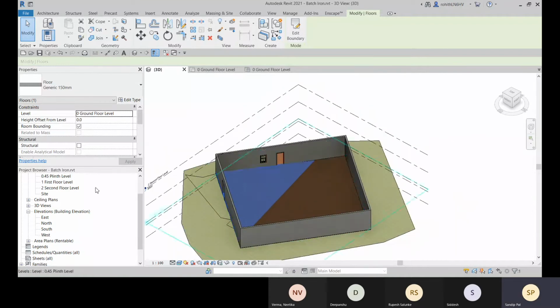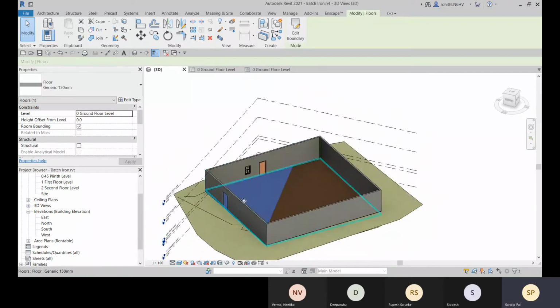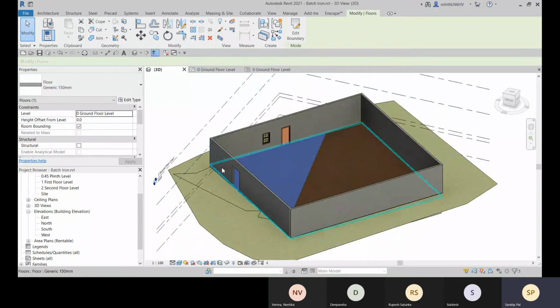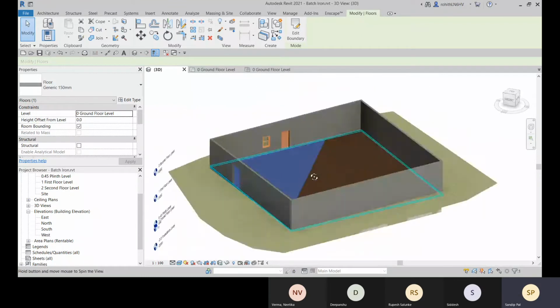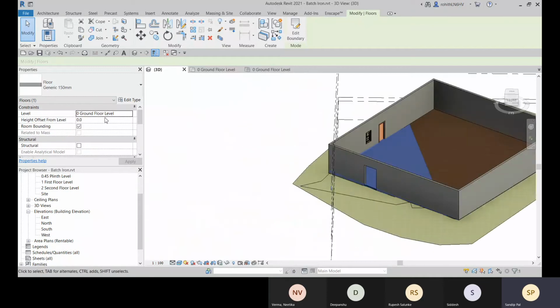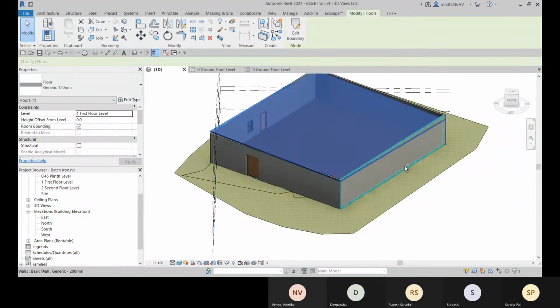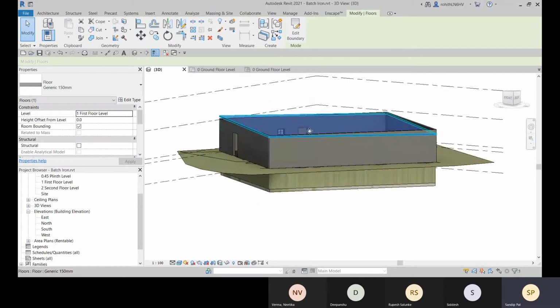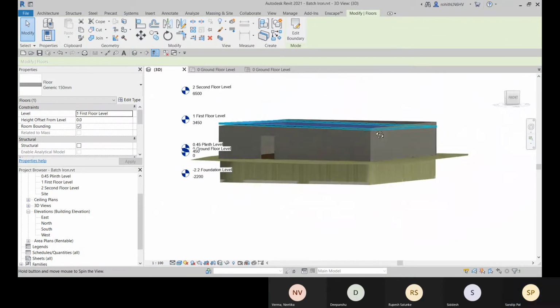If you want to change the slope, it's better if I put the top of your wall so you can understand better. For that, let me change the level to first floor. Here you can see this is the slope which I have created.